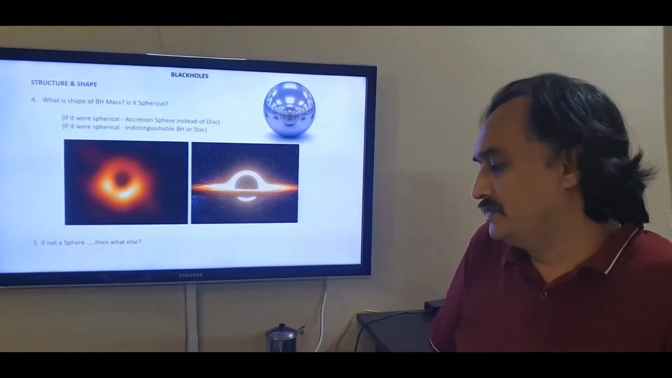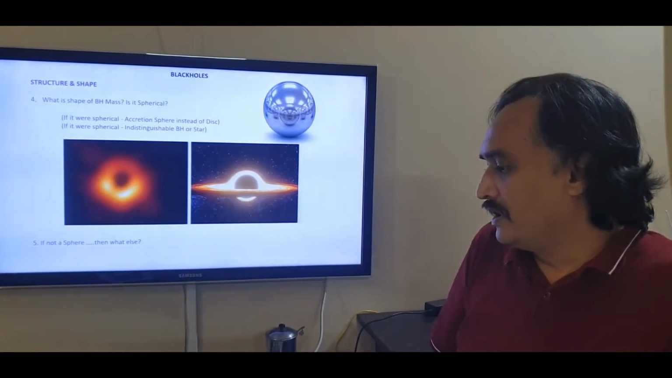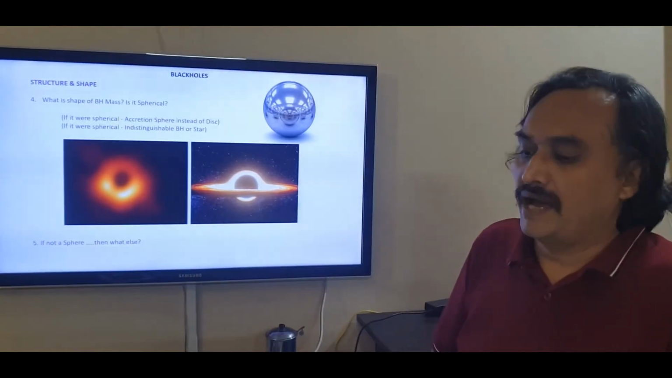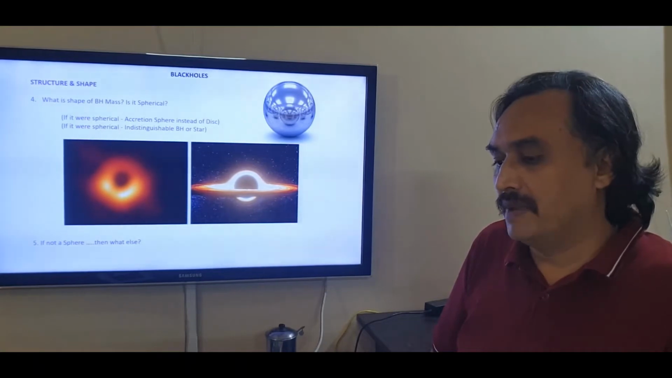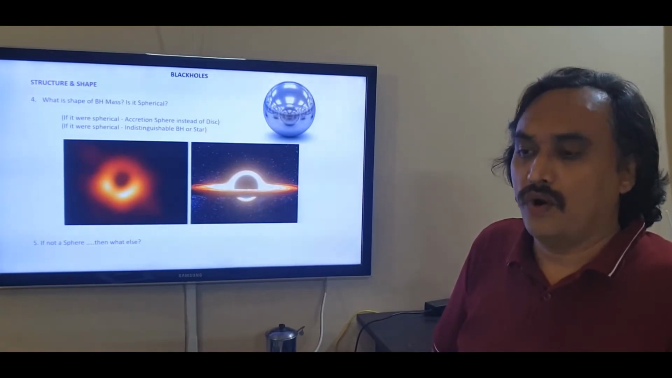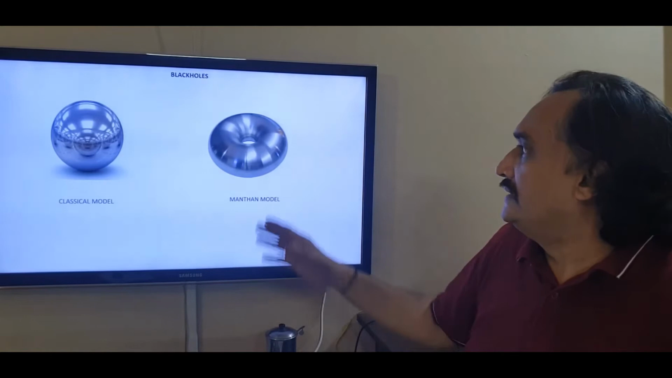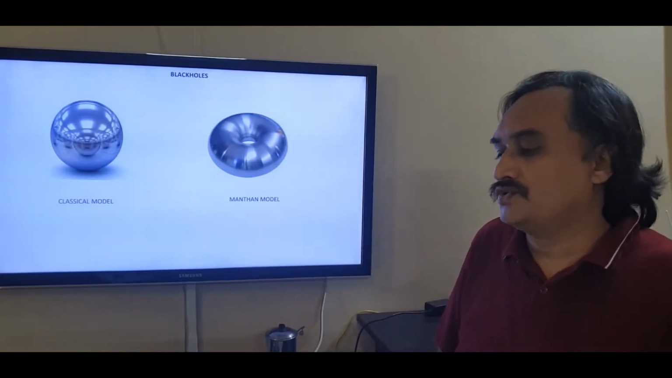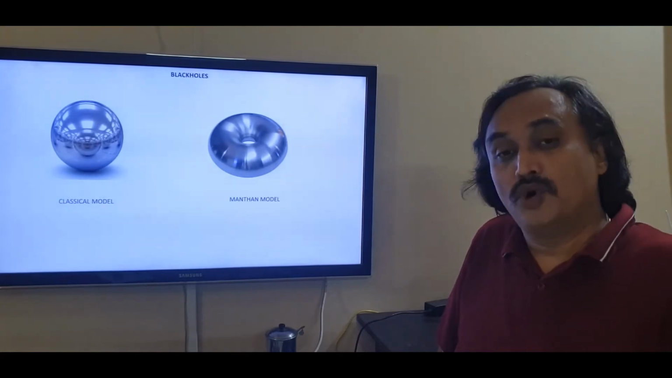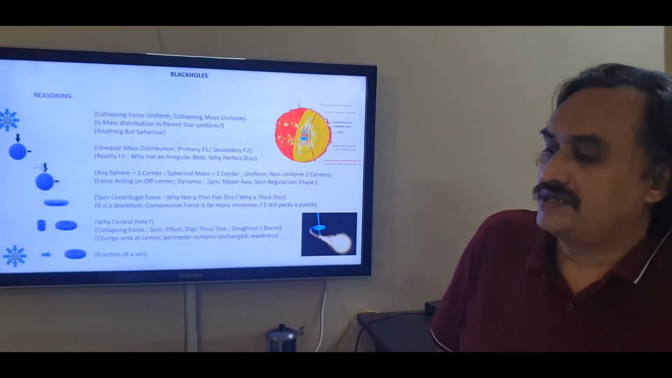So let us assume that Manthan does not agree with the model of a spherical black hole proposed by the classical model. What is it that the Manthan model suggests? What shape would the black hole mass be? So this is the classical model, as is said, and this is what the Manthan model proposes. It's almost like a donut. Of course, we will not just propose and walk away. We will give you sound reasoning. So let us go through each of the